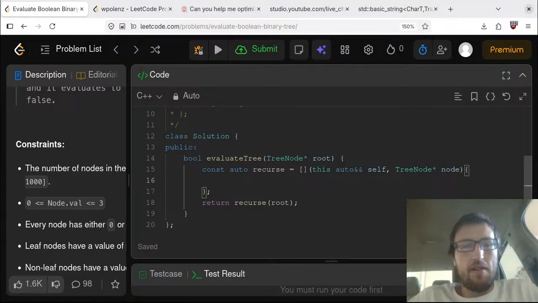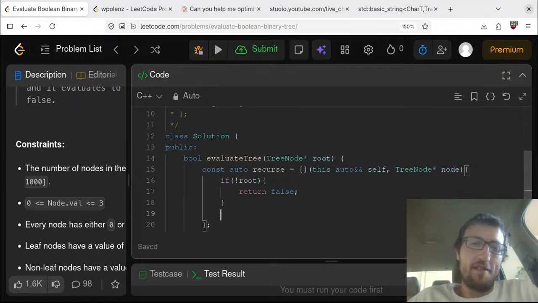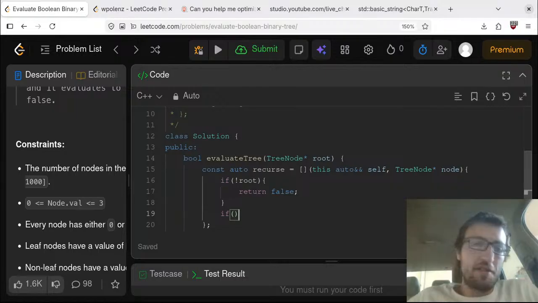And the way it's going to work is, if not root, return false, I think. Actually, it's just going to be 0, 1, right? So if not root, return false. If root,